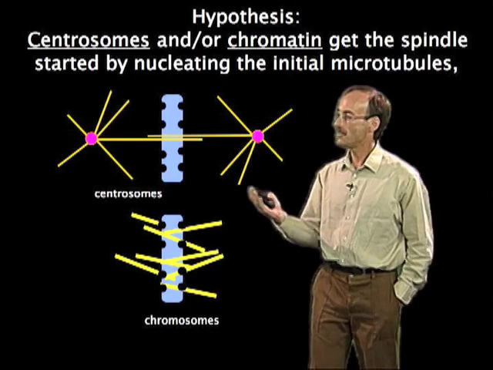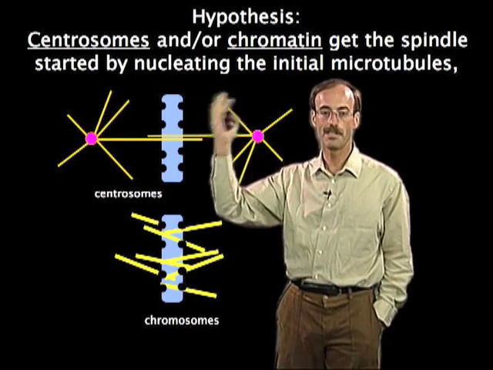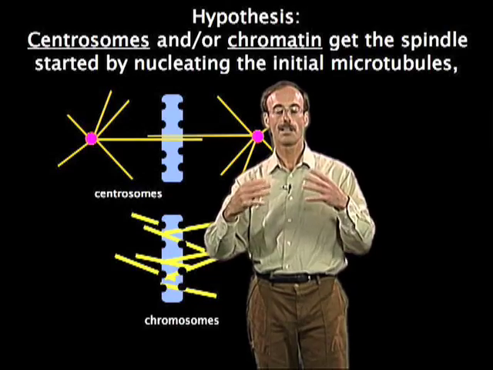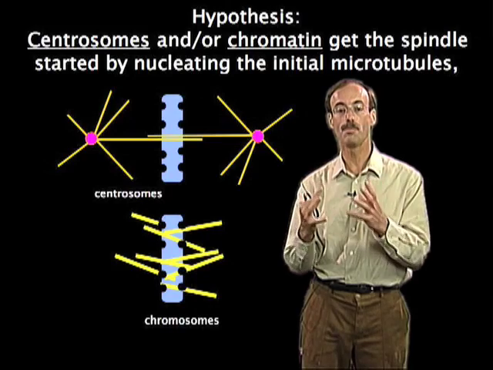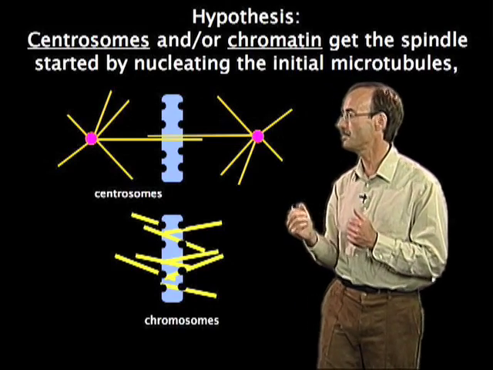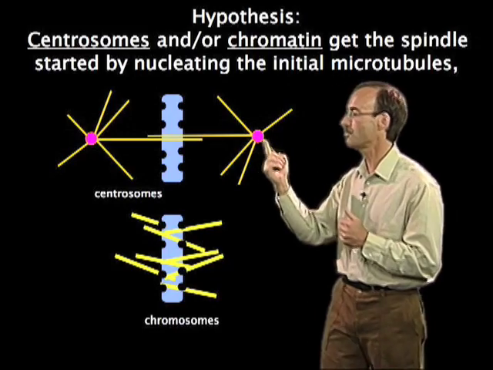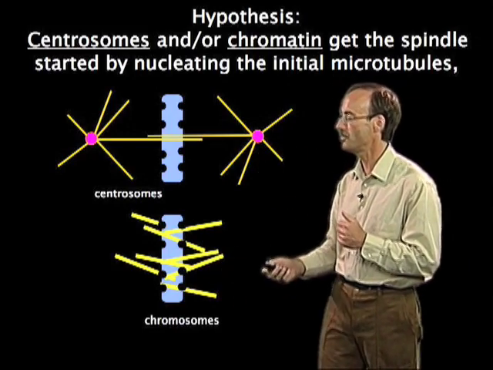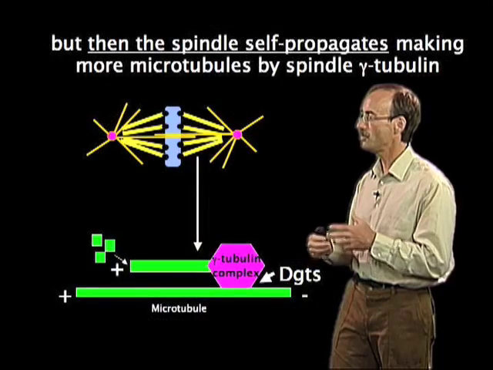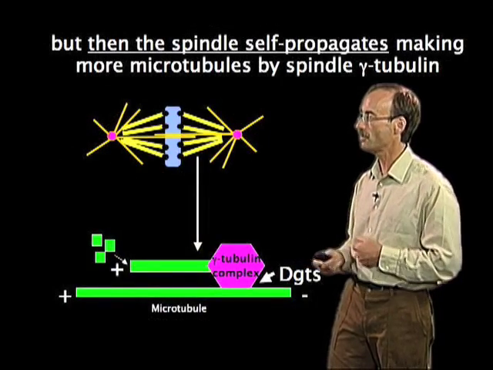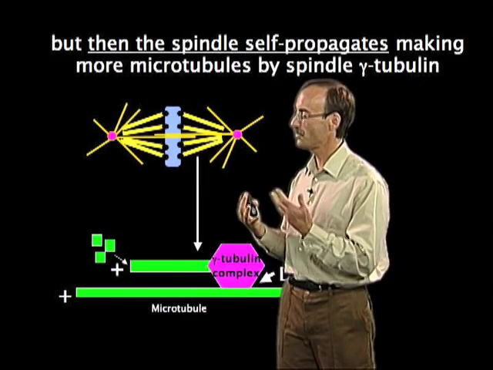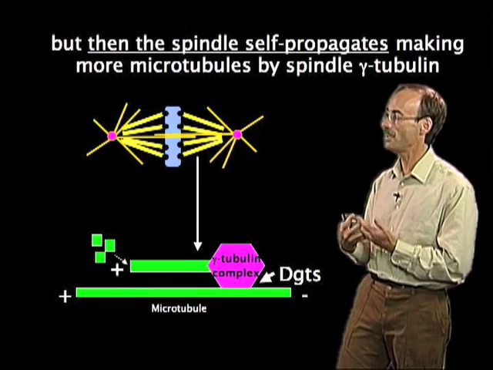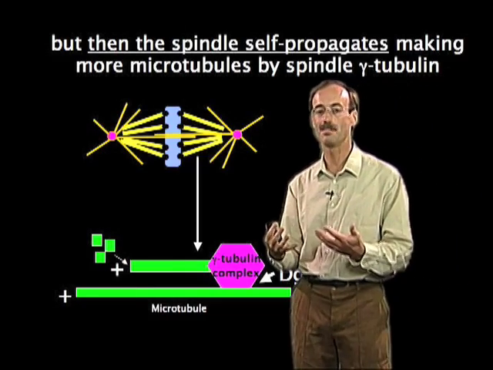But the idea is that the well-known mechanisms of the centrosome and chromatin constitute the important way of getting this new microtubule started to build the spindle. You can nucleate new microtubule growth at centrosomes or at chromosomes, and that allows you to quickly build microtubules to make a spindle. But after the spindle forms, possibly one of the more important mechanisms for maintaining the spindle is